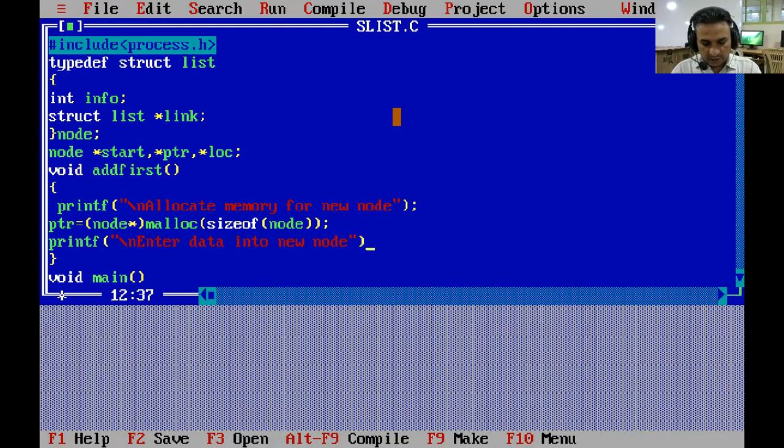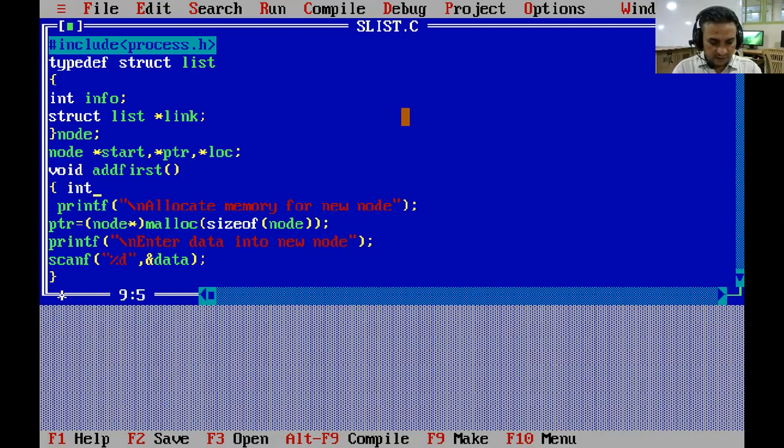So data will reside in information part of node. So I have to use here scanf function for reading data from the keyboard, and information part of node is of type integer. So we have to read integer data from the keyboard, and here data is a local variable which we have to declare at the top of the function.